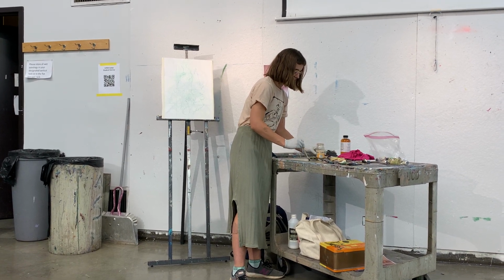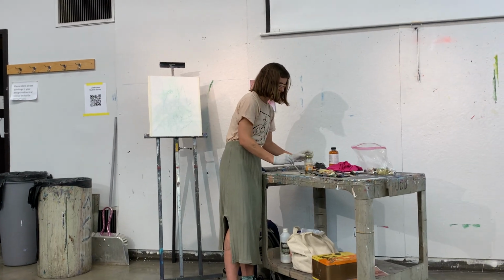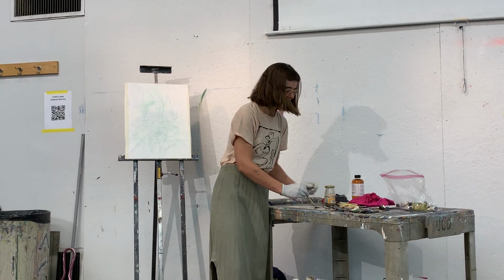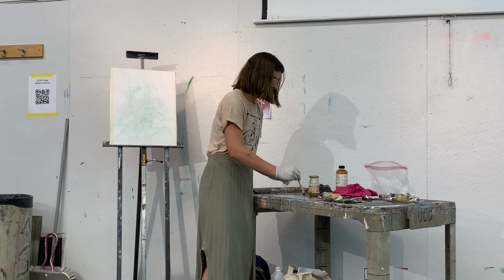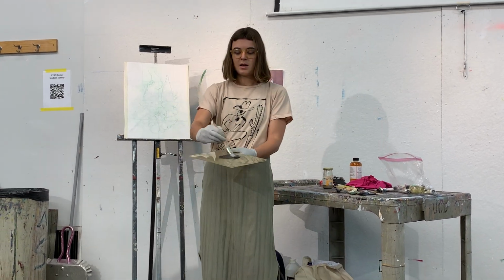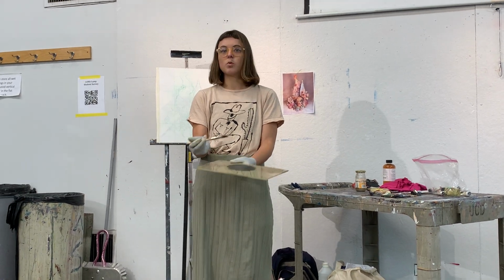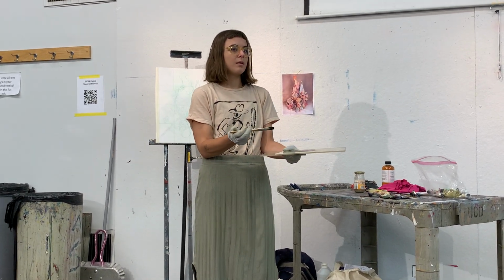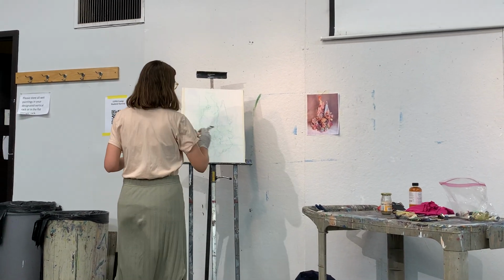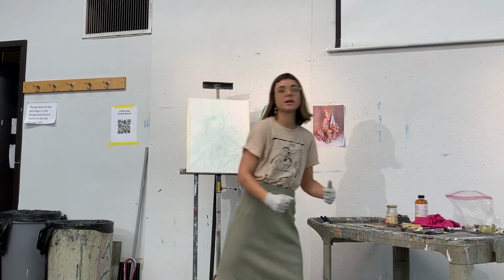We've just added a little bit of extra Gamsol, and we're making a combination that is breaking down the binder a little bit. We're using a lot more of our vehicle, and that's making this kind of like a wash of oil paint. So in this more reductive technique, I'm gonna have y'all, after you've gotten your image onto your page,